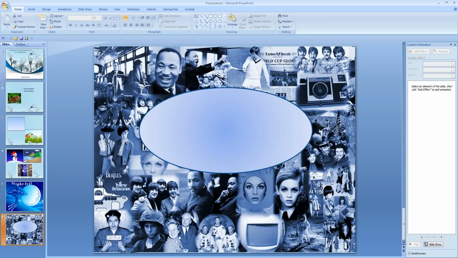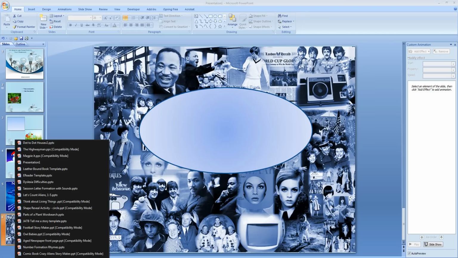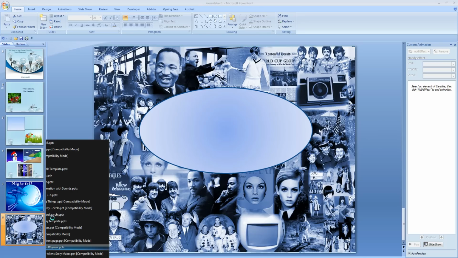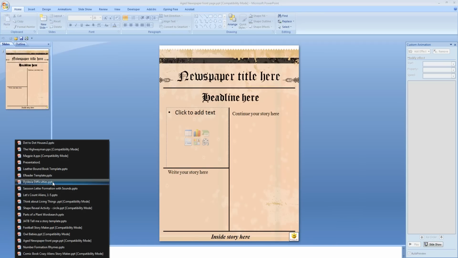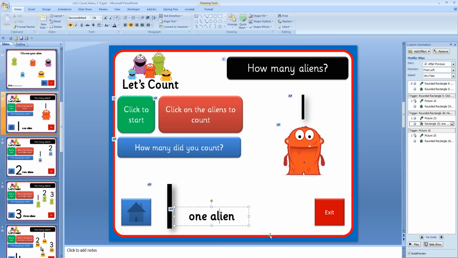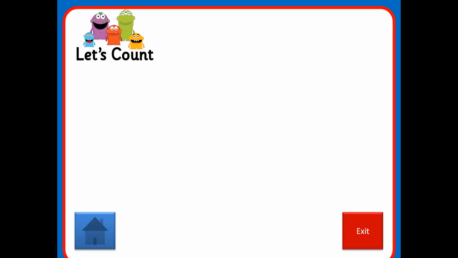Now we're going to have a look at triggers. Triggers are those things that when you click something, it's like cause and effect. I've got a few examples of these used in resources. I'm going to start with, not this one, but this one. This is a counting teaching resource for